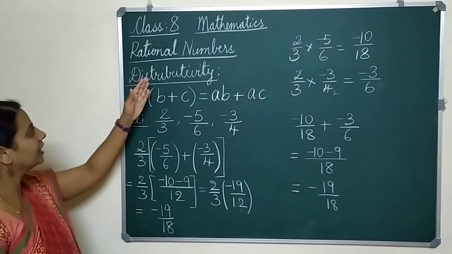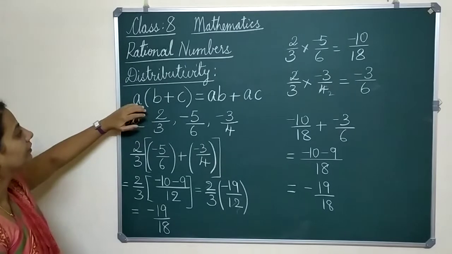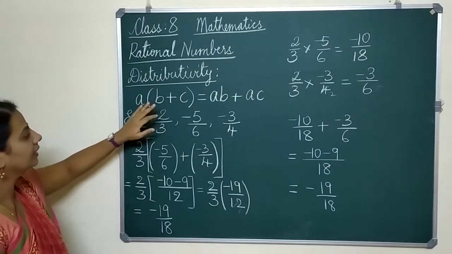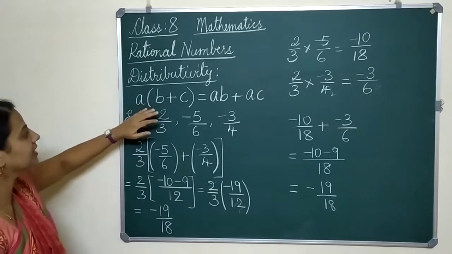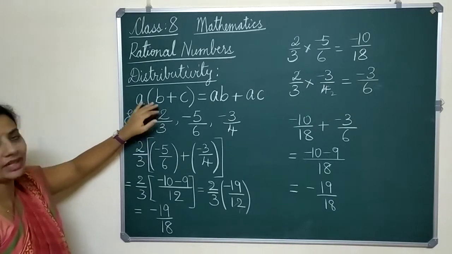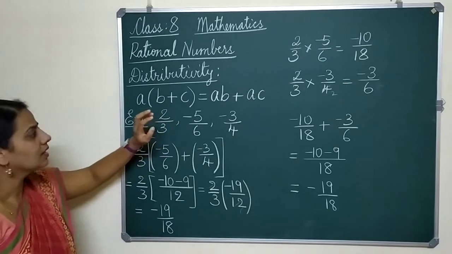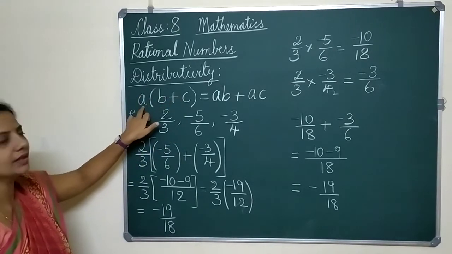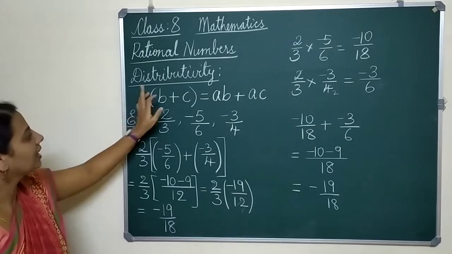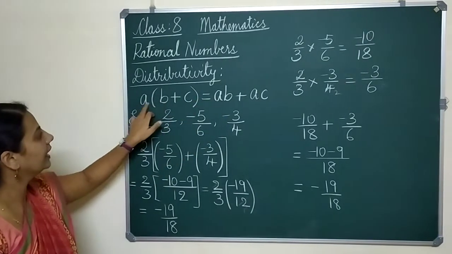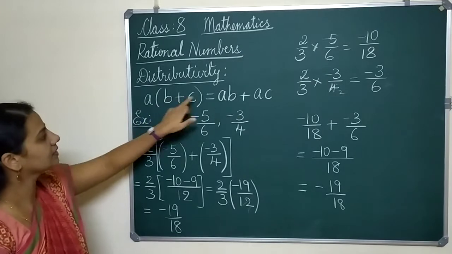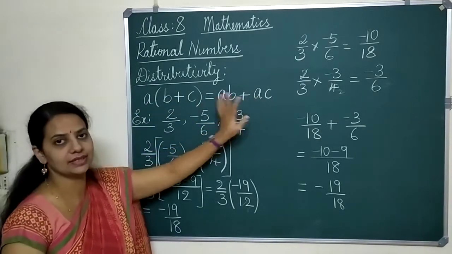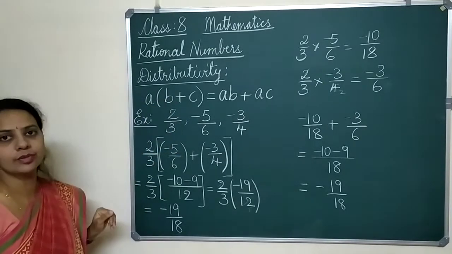So in this property, distributivity, we have multiplication over addition. So we are multiplying and adding also. So let's see what it is. I've taken 3 numbers A, B and C. So A times (B plus C), I'm adding and multiplying that with A. So this can be written as A into B plus A into C, that is AB plus AC. So this is your distributive property.